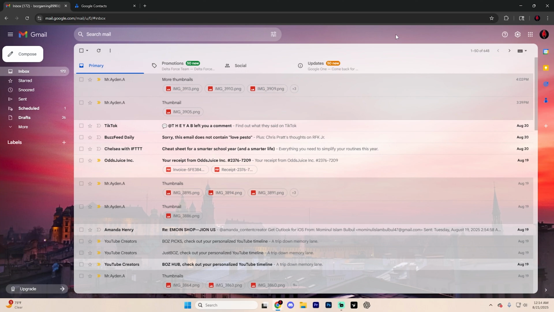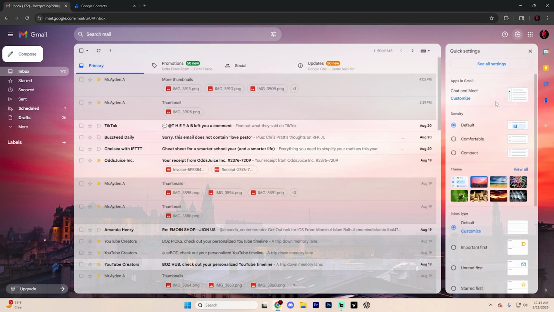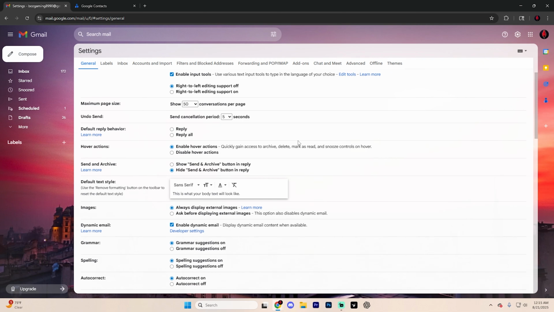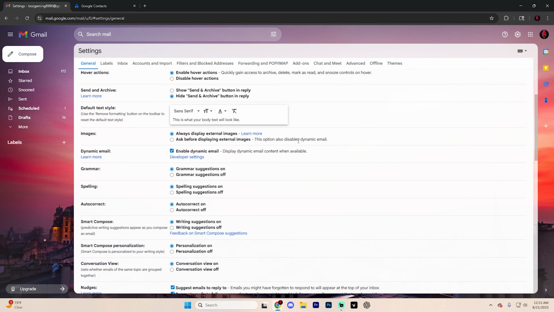But if you want to change your email signature here in Gmail, begin by opening up Gmail and clicking the gear icon up in the top right. This is going to open up your settings right here, and what you're going to want to do is select the option to see all settings. From here, it's going to open up a more complicated looking page if we're being honest. What you're going to want to do though is simply scroll down on this page until you see the